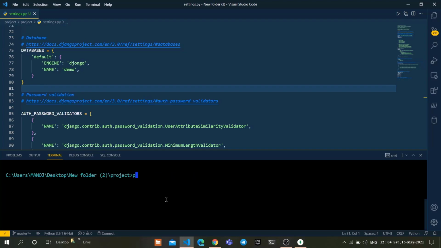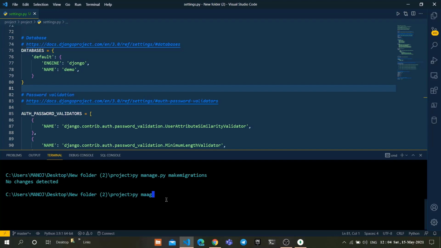After navigating to the Django project, use the command py manage.py makemigrations. This command helps you detect the changes in our models. As of now, we haven't made any changes in the models.py file, so no migrations are detected.